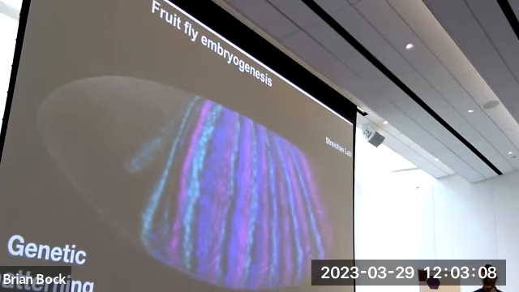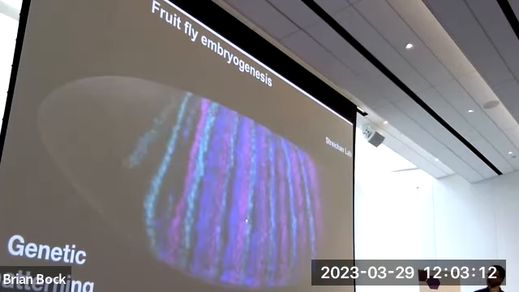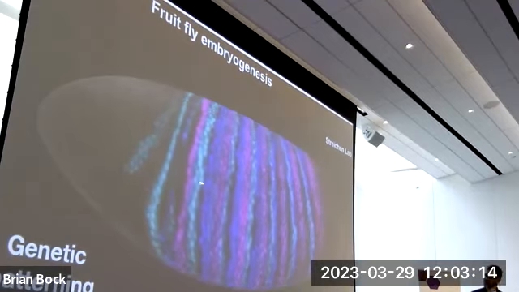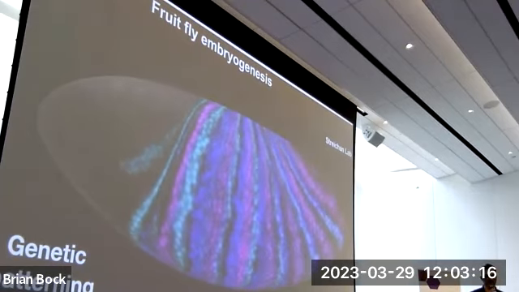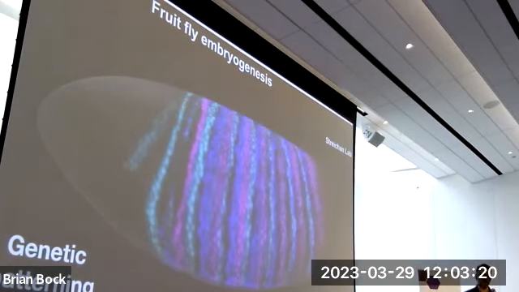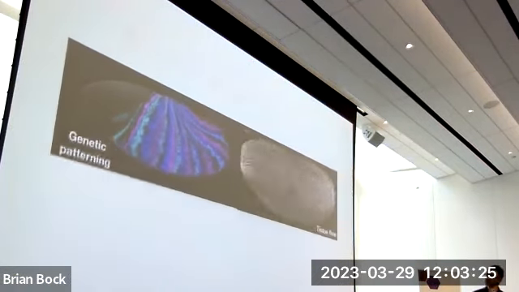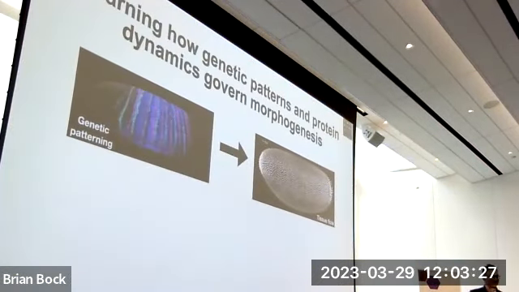In a moment of Germanic lyricism, my experimental collaborator, Sebastian Streichan, called it a system of coordinates for cell fate, because it literally plans how the cells are going to move and form the body of the organism. What we want to do, not surprisingly perhaps, is go from this to that and create a mathematical model that predicts